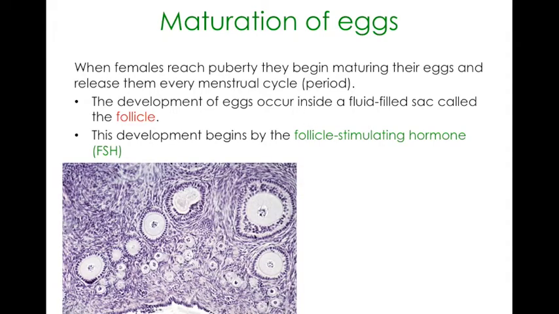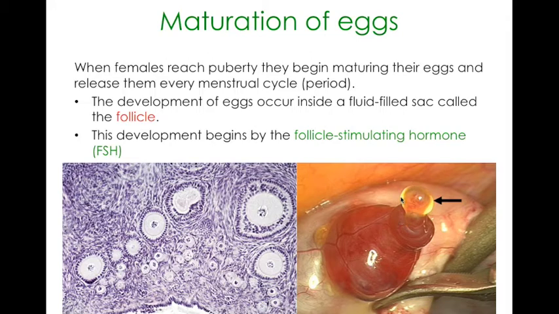Here's an image of what it looks like, and there's your follicle, and that's what stores the egg. Remember that females have a set number of eggs since birth, and those eggs are being released from the start of puberty. And so that follicle-stimulating hormone causes the eggs to grow and then release from the follicle,